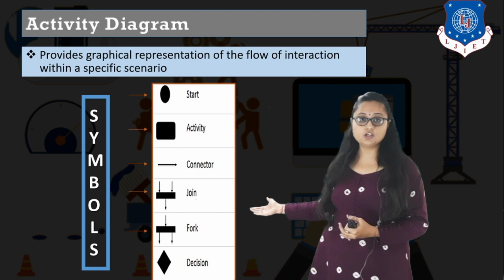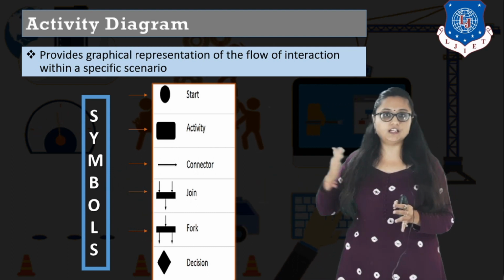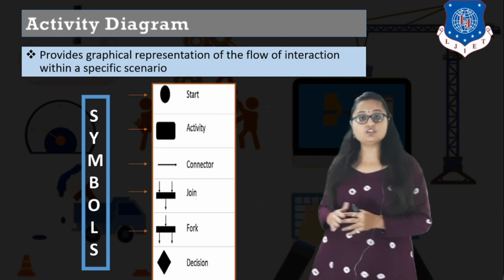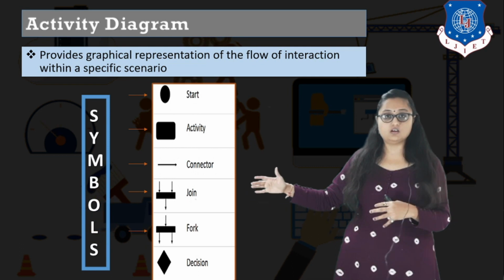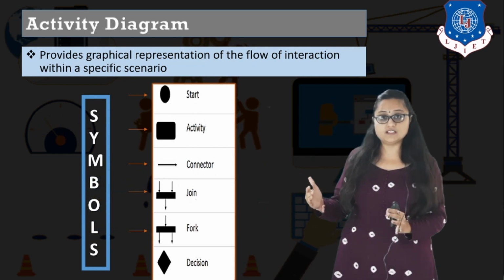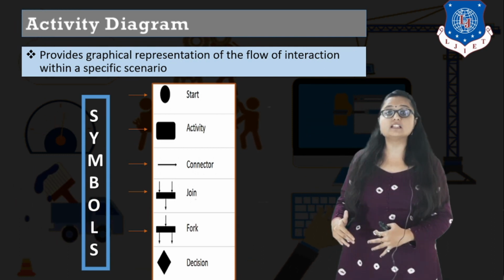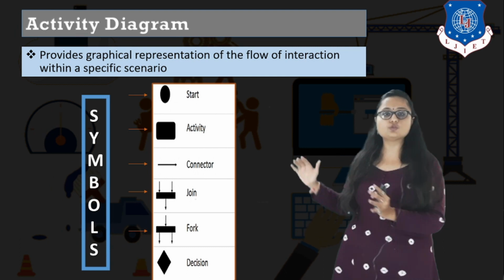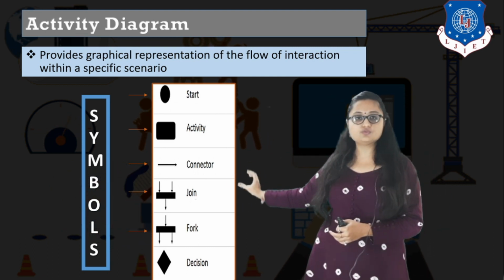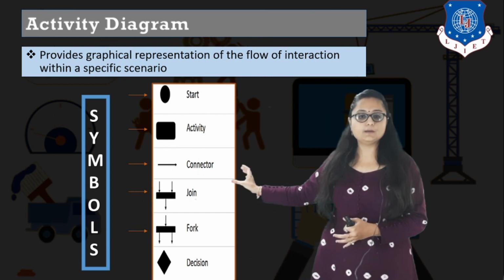fork and join. Fork is basically to separate the activities into parallel activities, whereas join is used when your parallel activities are completed and you want to say that after completion of these activities, this is the next activity which should be performed in sequence. Then you have to join those activities. So these are the two symbols for parallel and sequence, that is fork and join.